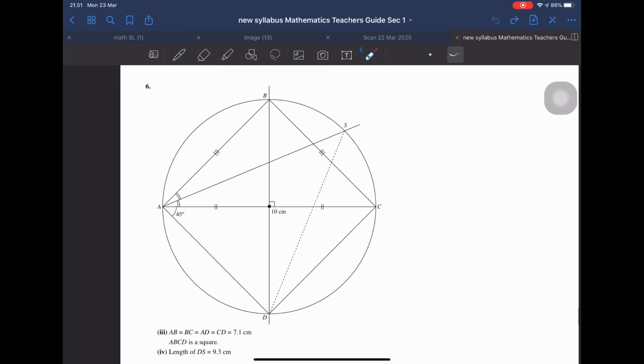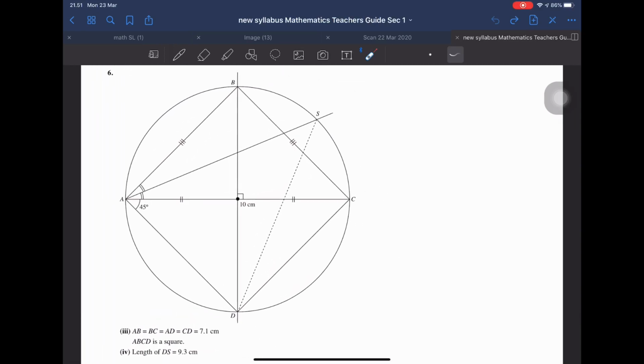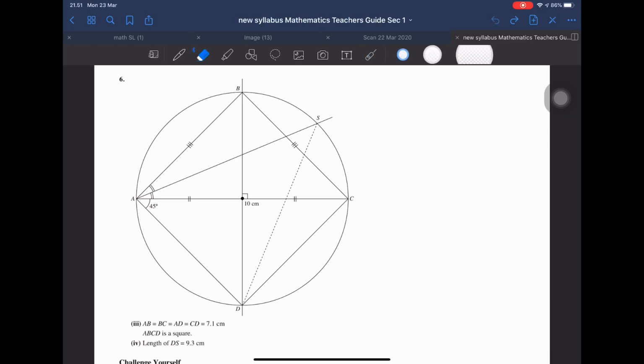Last, it's a circle with diameter 10. Next, label point B on the circumference so that AB equals BC. So how do you know? You can just put B,